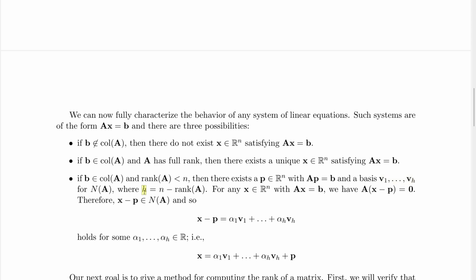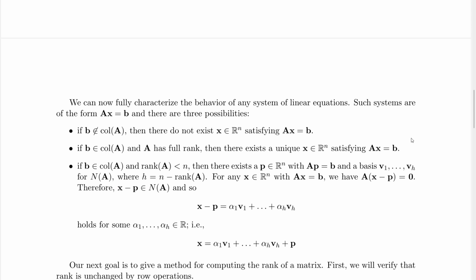So, if this is our free variables, and n minus the rank is giving us essentially the number of free variables, then hey, wouldn't that mean the rank has to be the number of pivot columns? Yes, it does. So let's actually go through a method of computing that. Indeed, we are about to demonstrate that the rank of a matrix can be computed by finding the number